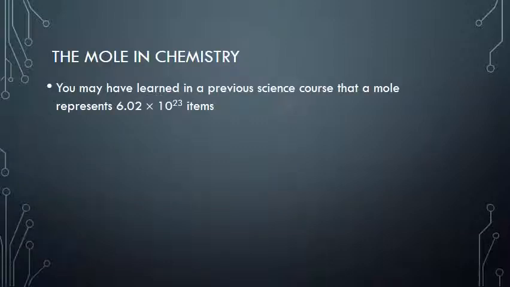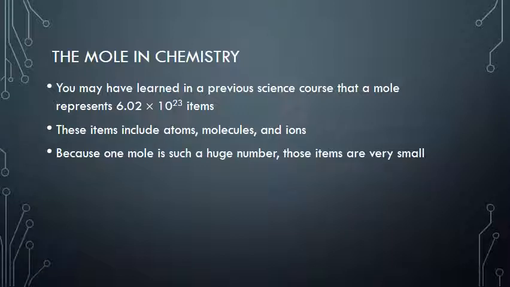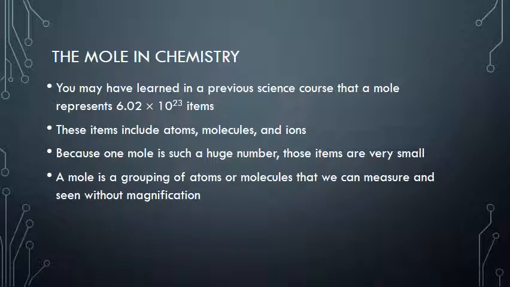You may have learned in a previous science course that a mole is 6.02 times 10 to the 23rd. That's a very large number, and the items that are grouped according to moles can be atoms, molecules, ions, and the reason why mole is such a large number is that these items grouped using a mole are very small. So it takes these incredibly small objects and gathers together enough of them so we can see and measure them